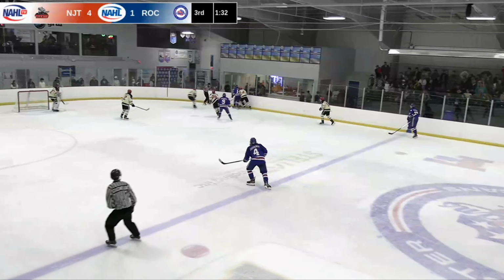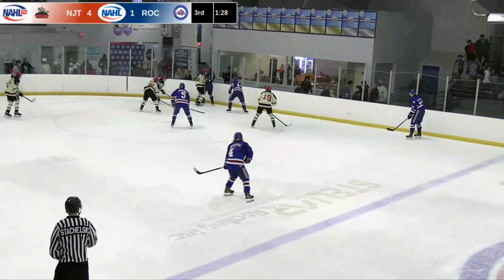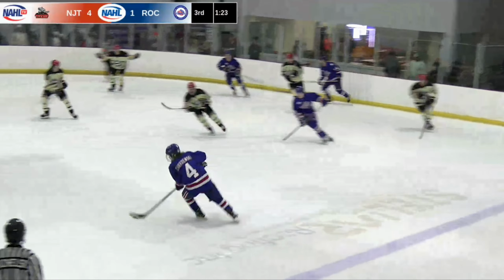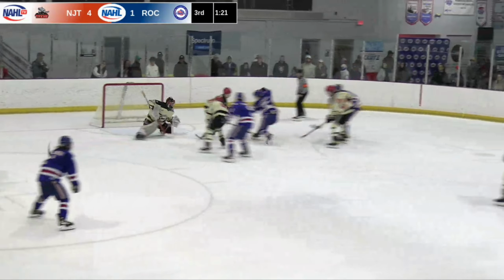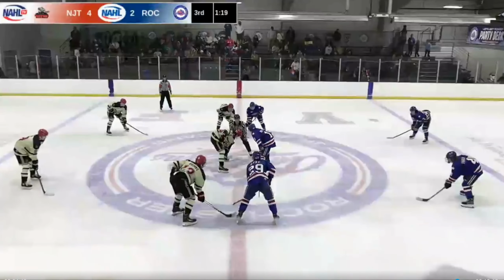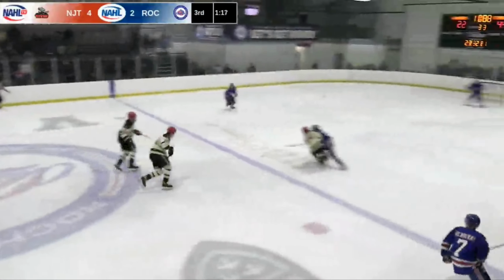That's something as well this weekend that the Titans really got consistency from. That's their goaltending position. And no doubt about it, between Bryce and Crick, both goalies stepped up in a big way. Zach Krasuski fires, rebound is loose, and they score! Off the time, Zach Krasuski from his own defensive zone